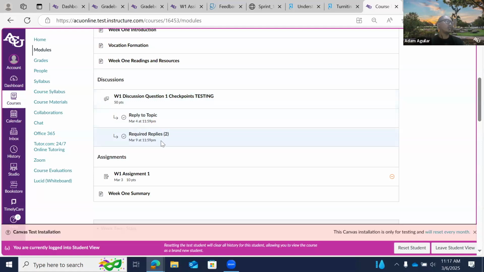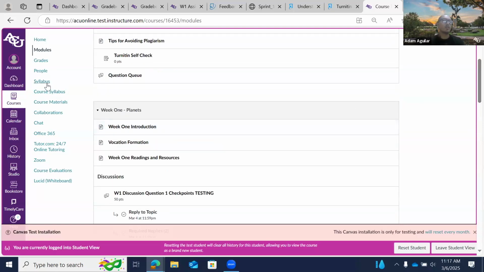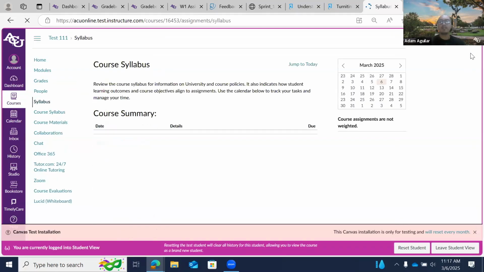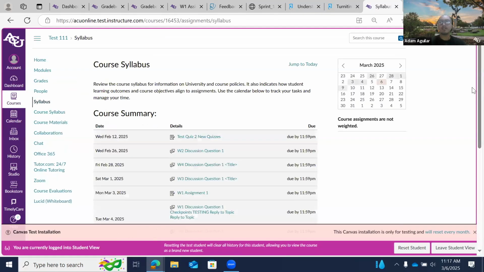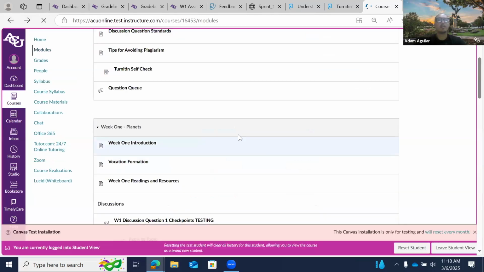They have the initial response and the 2 replies, or some programs even have 3 replies that students need to complete. So there's visibility here in modules, but also when you go into the syllabus, students will see right here the first part is due on March 4th, but you also see the second component for the 2 required replies. So there's that visibility. And if I go back into the discussion board,